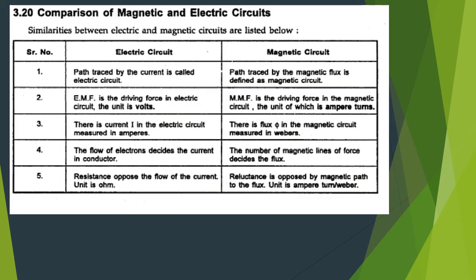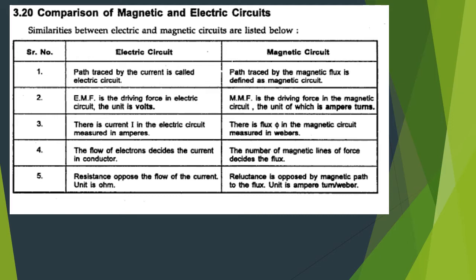Firstly, comparison of magnetic and electric circuit. In this, we will see the similarities between electric and magnetic circuit. Yes, it is true, there are a number of similarities between electric circuit and magnetic circuit. There are similar quantities which we can express with the same sentences across electric and magnetic circuit. We will see that one by one to get easy remembrance, or a clear representation, from the exam point of view also.